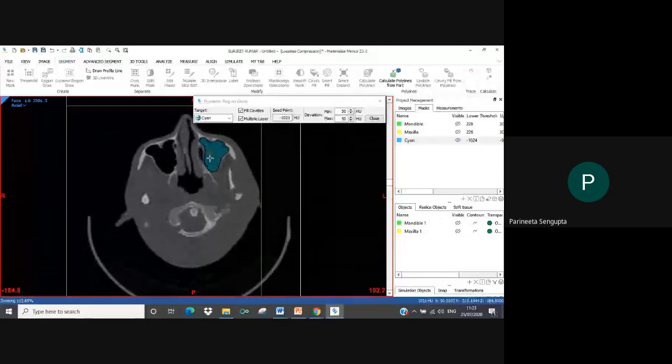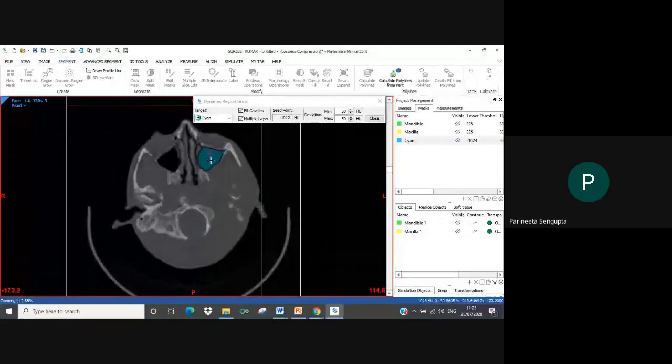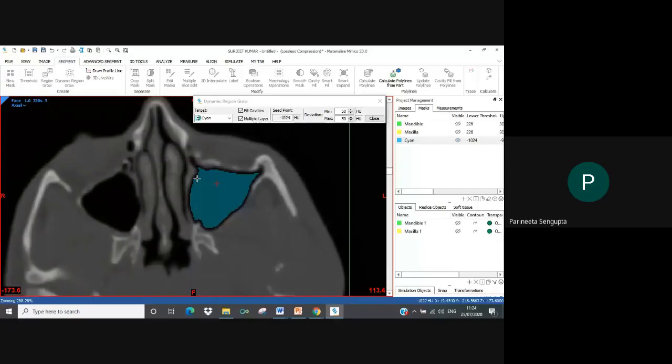Now, if I zoom in on this, you see the borders are not clear. The borders are not crisp, basically. Some pixels are left here and there. You can adjust that using the deviation option. You can increase the minimum and maximum values of the pixels. So basically, deviation is taking the seed point value of minus 992, plus 50 and minus 50, in the region.